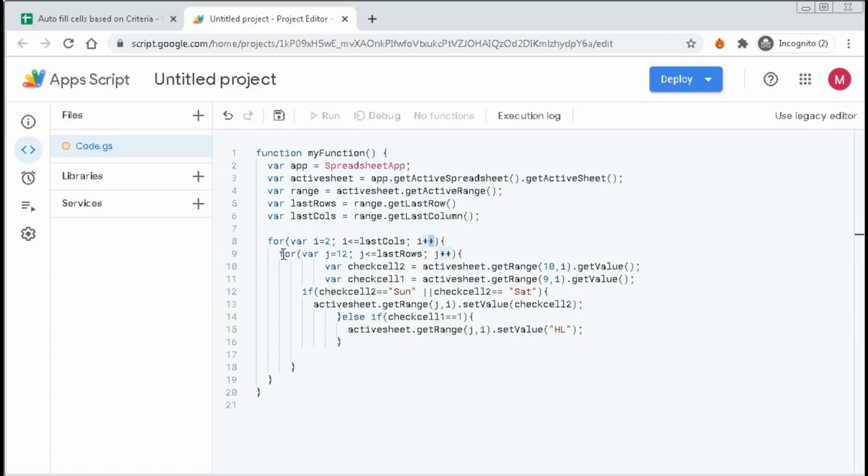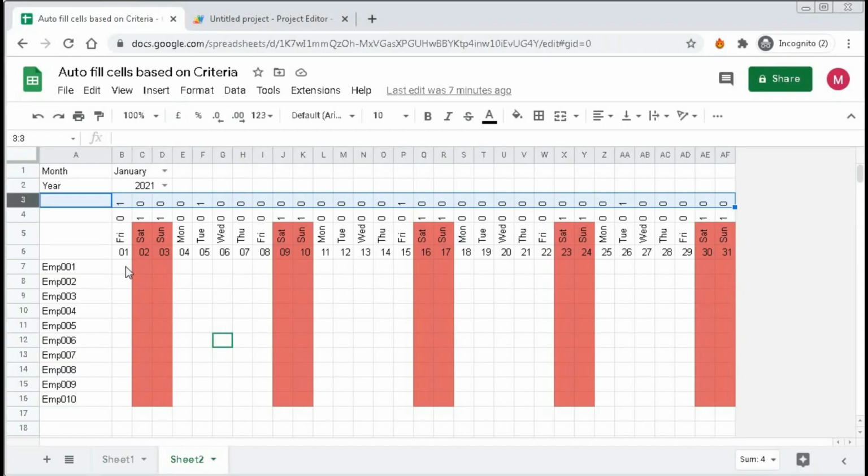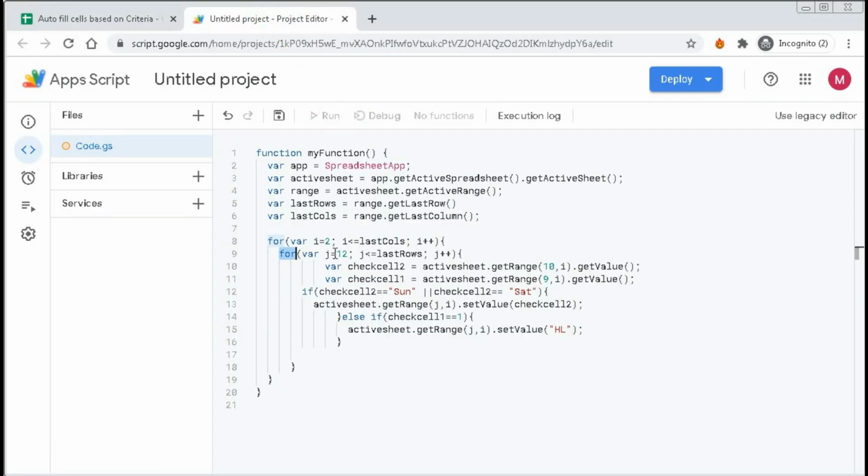Next, we have given another loop with the variable j. Here you can see j equal to 7, because our rows start from 7. So here our j will be 7, and j is less than or equal to last row.